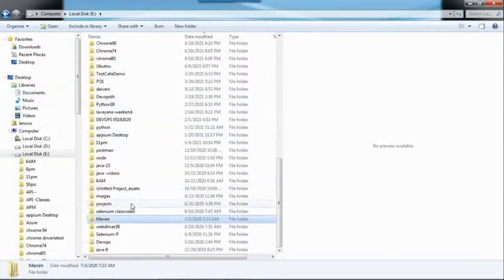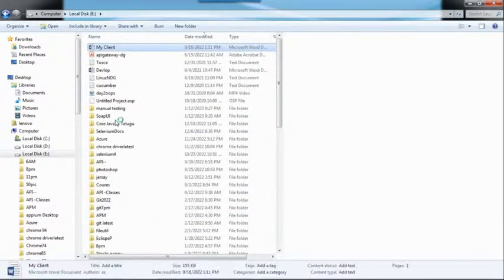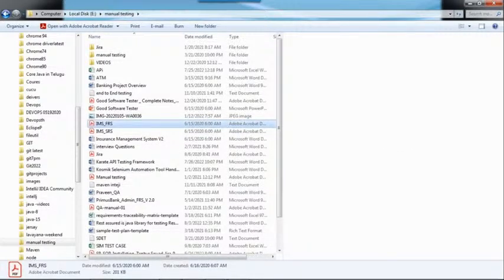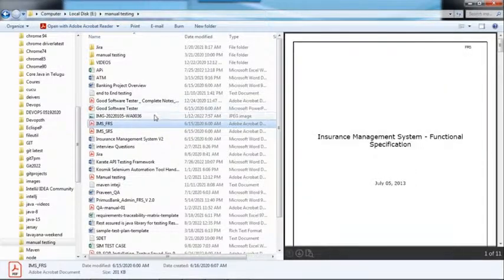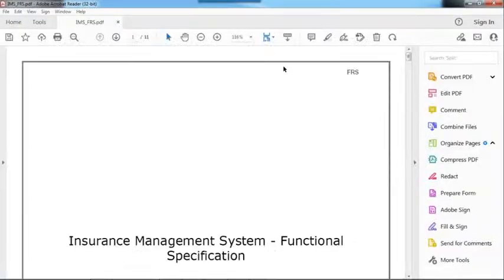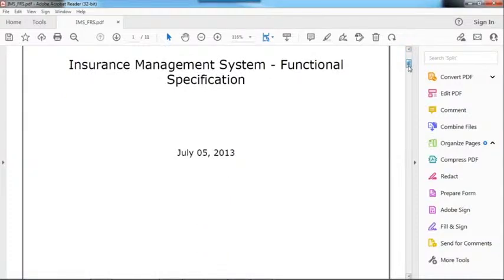Based on that, we need to test that application. So they will provide you the requirement specification document.